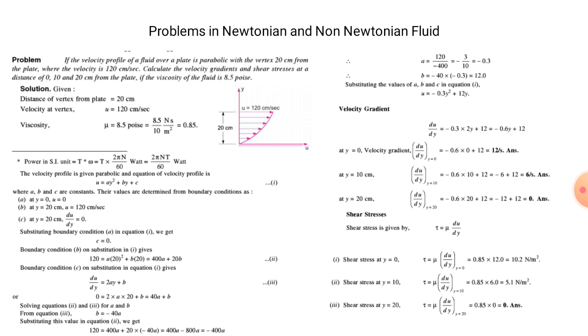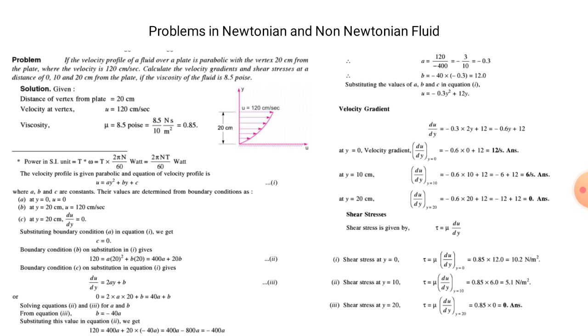So, problem in Newtonian and non-Newtonian fluids. If the velocity profile of a fluid over a plate is parabolic with the vertex 20 cm from the plate, where the velocity is 120 cm per second, calculate the velocity gradient and shear stress at a distance of 0, 10 and 20 cm from the plate. If the viscosity of the fluid is 8.5 poise,